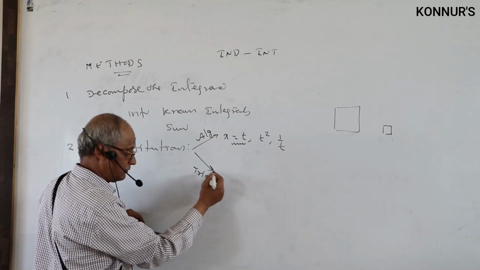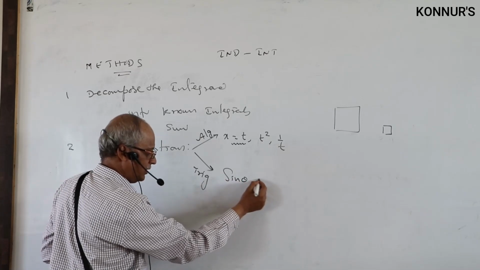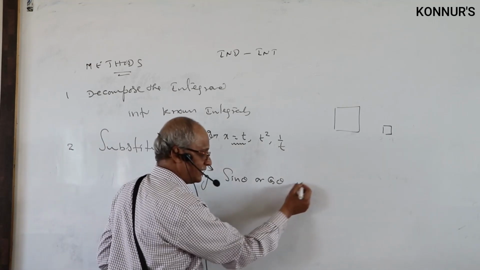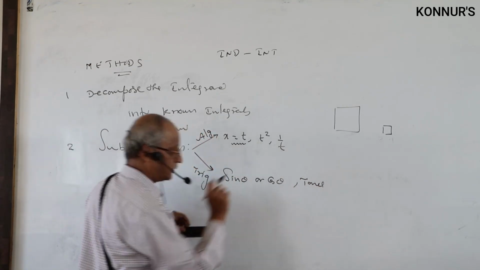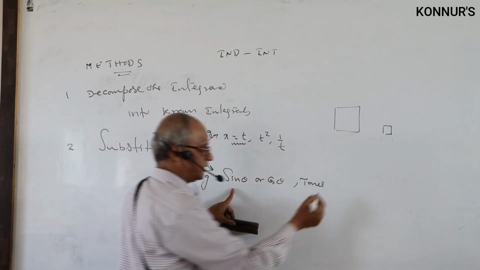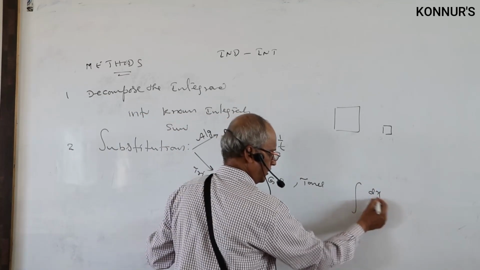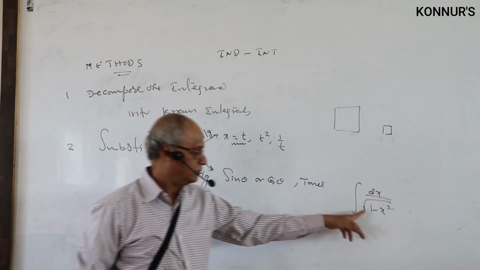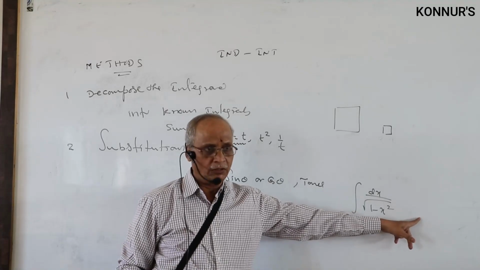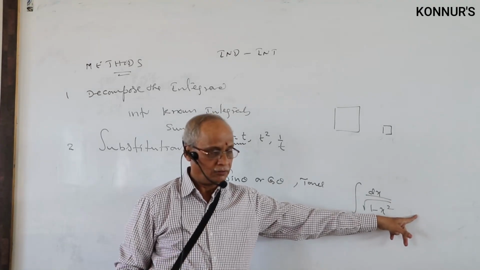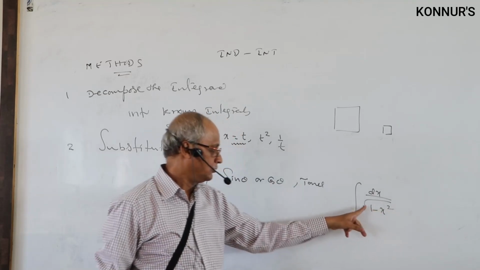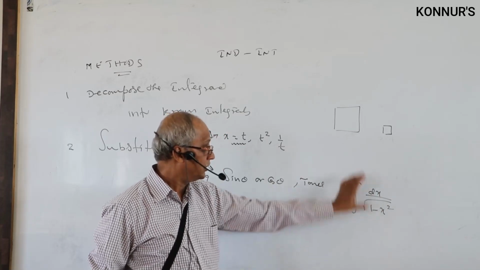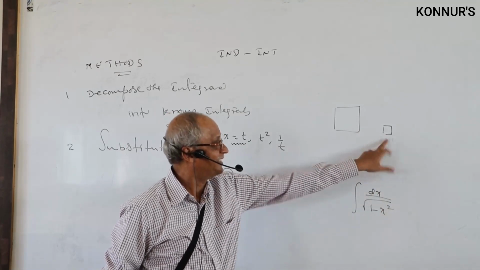Trigonometric substitution: what is the meaning? We are using mostly either sin theta or cos theta, and in some cases tan theta. When there is a problem, for example if I write here the integral of dx by square root of 1 minus x square, it is not possible to answer directly, assuming you cannot answer using the first list of results, or else you do not know how to simplify the problem. Then what do you do? Use some substitution to reduce the problem into a smaller size.